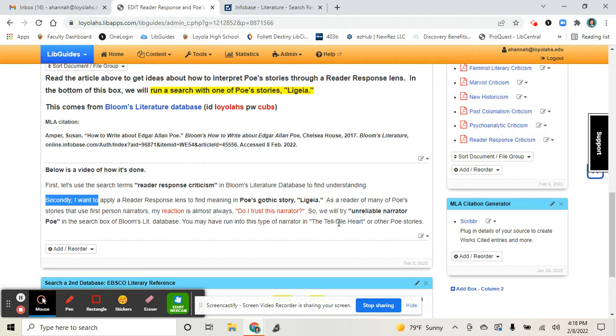It often is. It also goes into the criticism called formalism, where you're just looking at the story, the text, and using devices such as narrator, background, all kinds of literary devices that the author may use. So I'm going to try running unreliable narrator in Poe